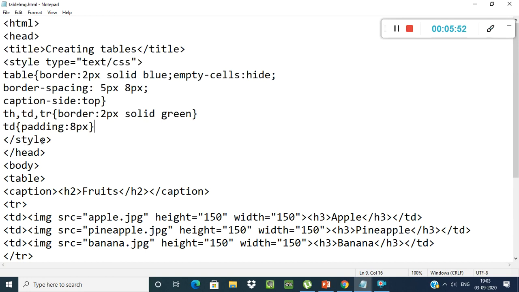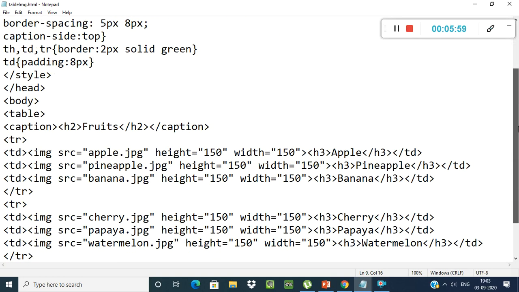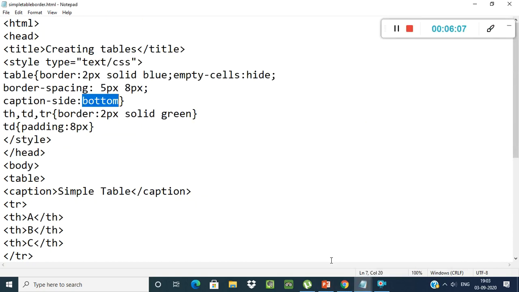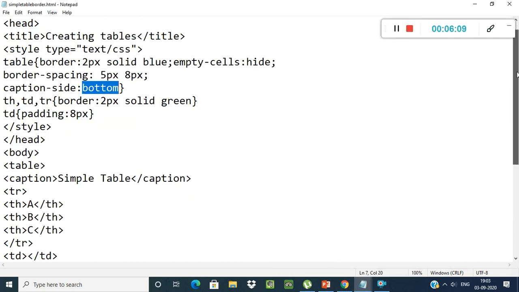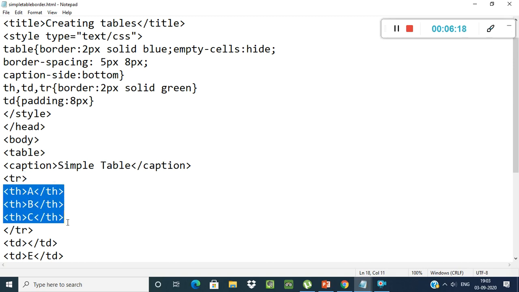After that, the difference between this program and the earlier program is, see here, in the table tag, the caption I wrote, then tr, table row I opened here, then table heading I created here.